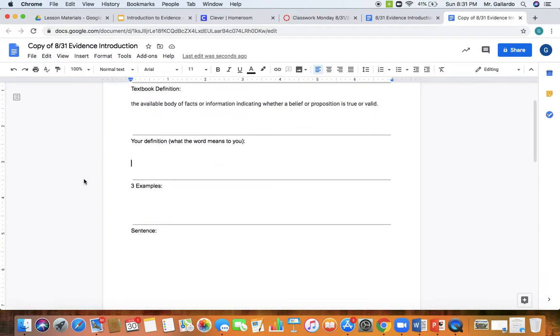Look at the rest of it. In here you see that it also asks for the definition in your own words, so you can just make something that's a little bit quicker and easier for you to remember. Okay, then you have to use 3